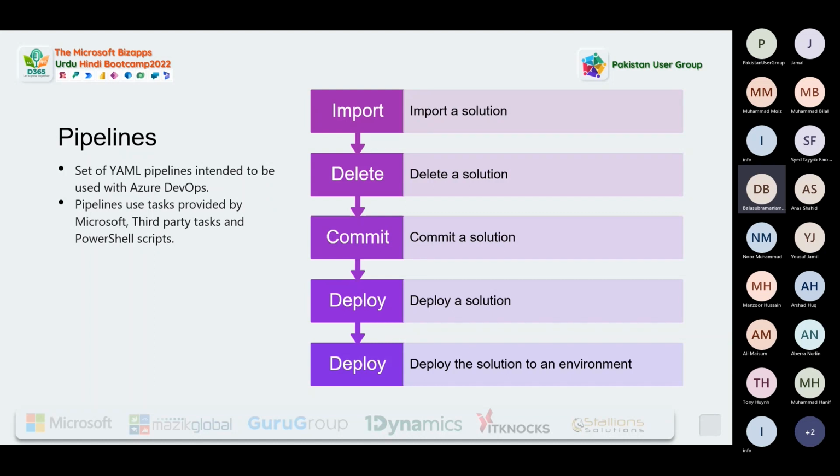And you can create a pull request and assign that pull request to the reviewer. Before assigning to the reviewer, you can run all those branch policies in order to make sure whether all the committed components from the developer are fully valid or not. Okay. And then we do have deploy a solution to an environment,